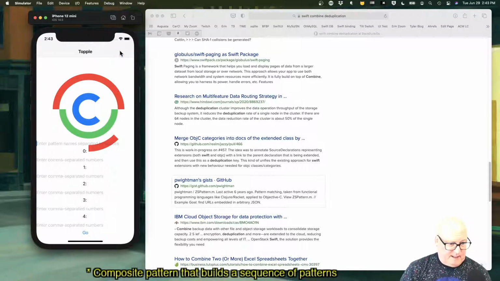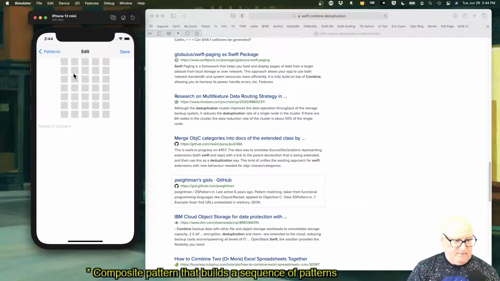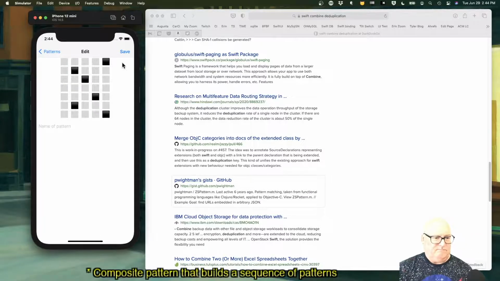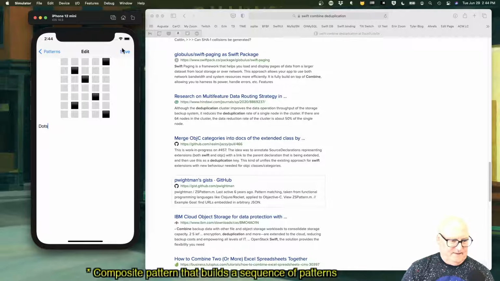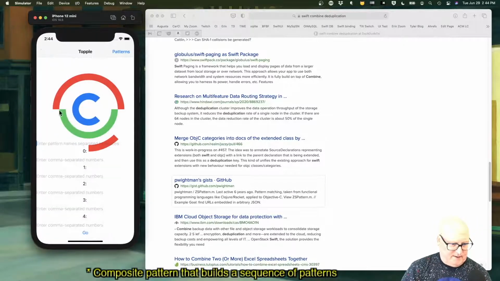Yeah, so let's make a pattern. It doesn't mean anything, just kind of a bunch of dots. Okay, now if I go back here and I say dots,